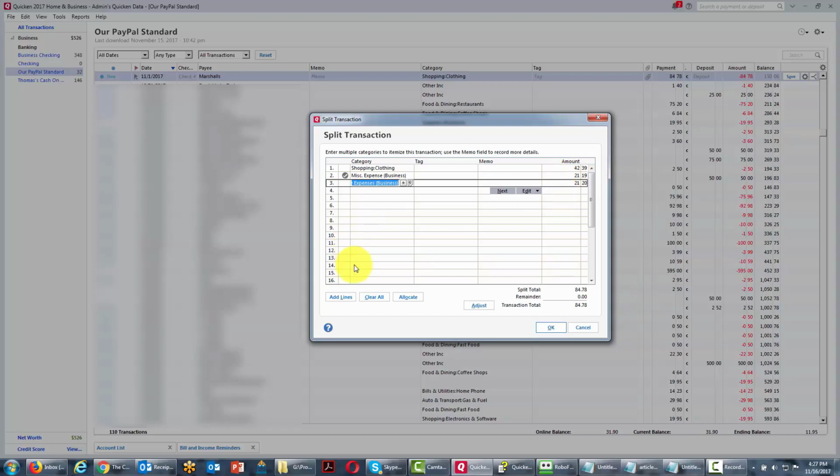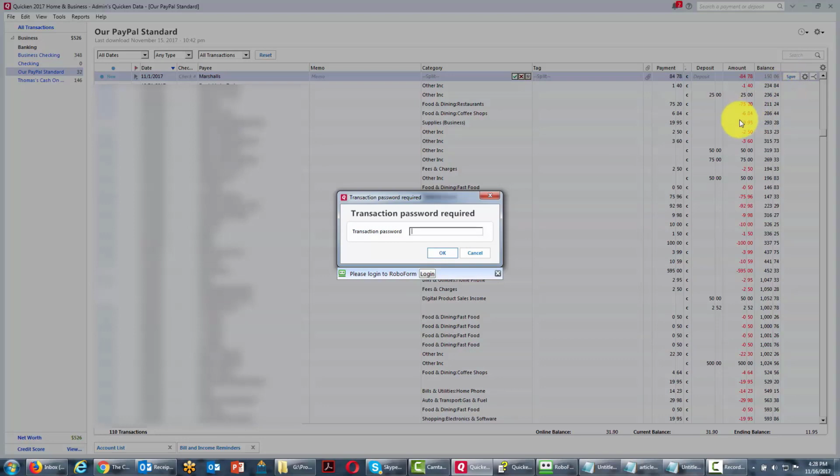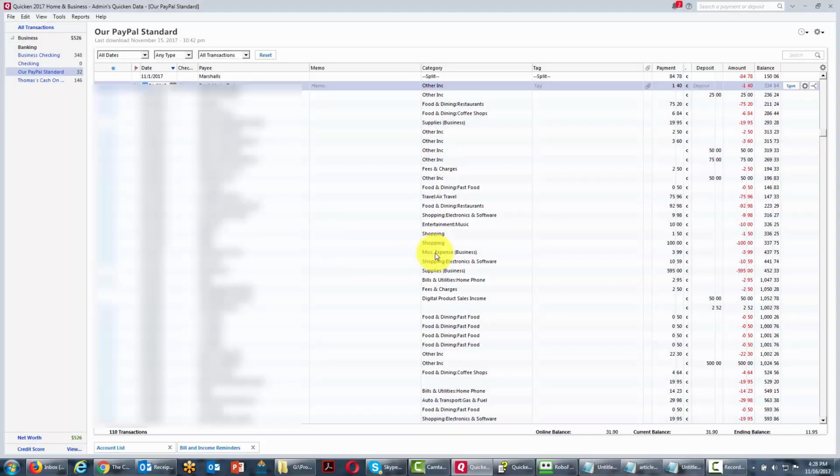And once we've done that, we're going to then click OK. And once we've done that, we're going to click the Save button. We're then going to be required to enter our transaction password. And then our transaction, which first started as just a personal account, has now been properly allotted into personal and